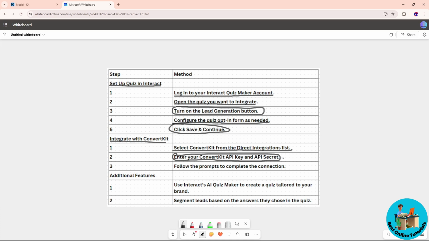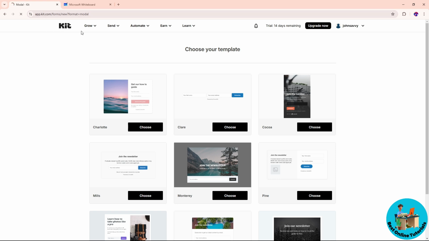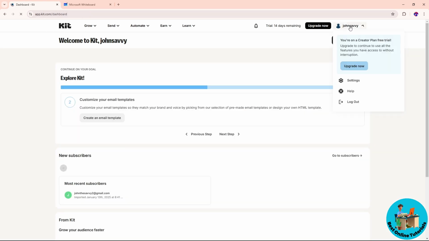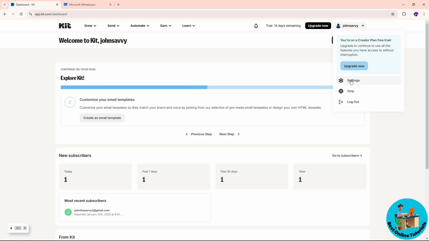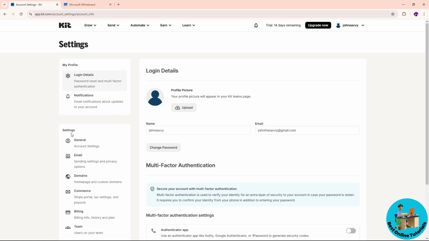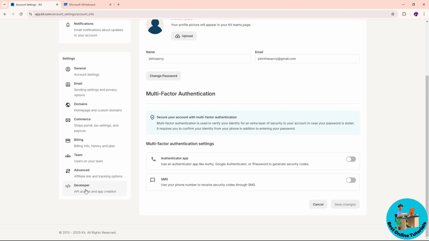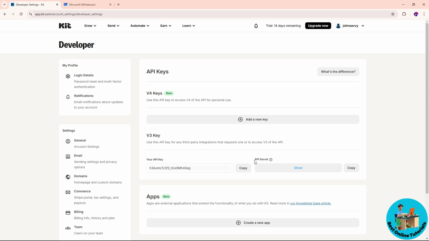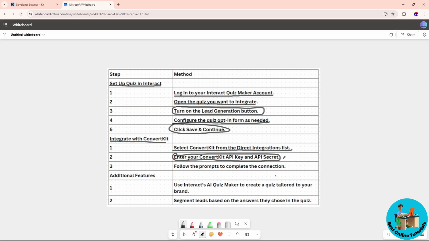So in order for you to find that, just simply go ahead and go to your ConvertKit and go to your profile on the top right over here, and then just simply go to the settings on the drop down. And on the left side, if we scroll down, we should be able to see here developer. So just simply click on that, and from here you should be able to see here your API key and API secret over here. And just simply provide it in the Interact and